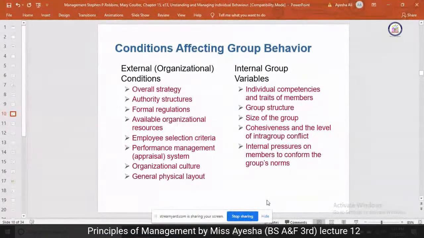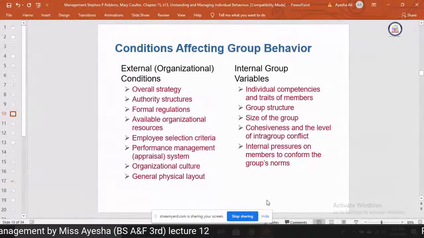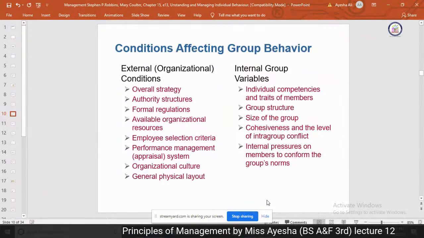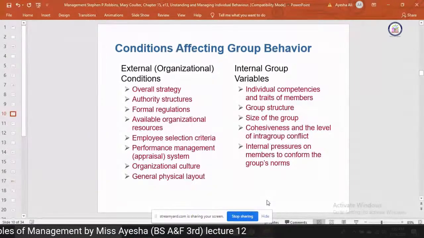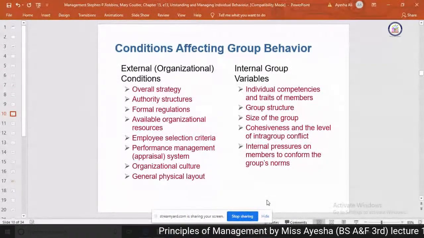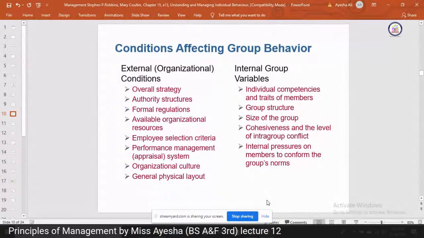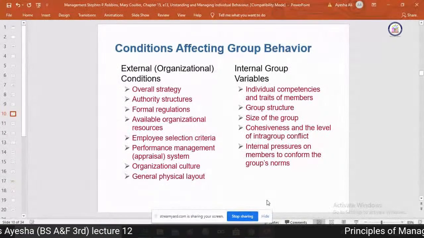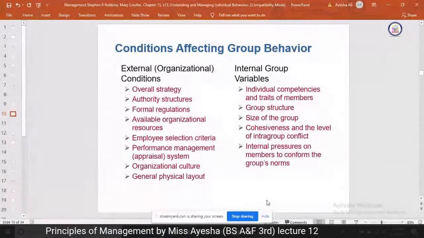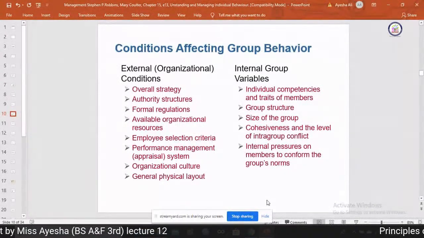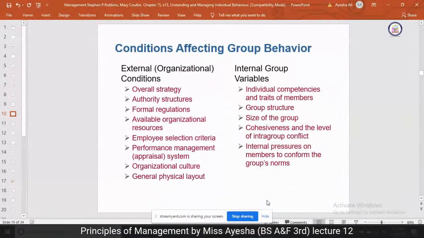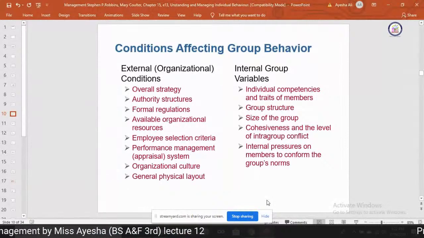And authority structure: what is the structure of the organization? And formal regulation: what are the regulations, the rules, the policies, the rules and procedures? And available organizational resources: how many resources does the organization have, whether they have enough raw material, whether they have command of their IT, whether they have enough supply and enough suppliers, whether they have enough contacts and PR. The resources also matter in order to achieve the organization's goals, and they also affect